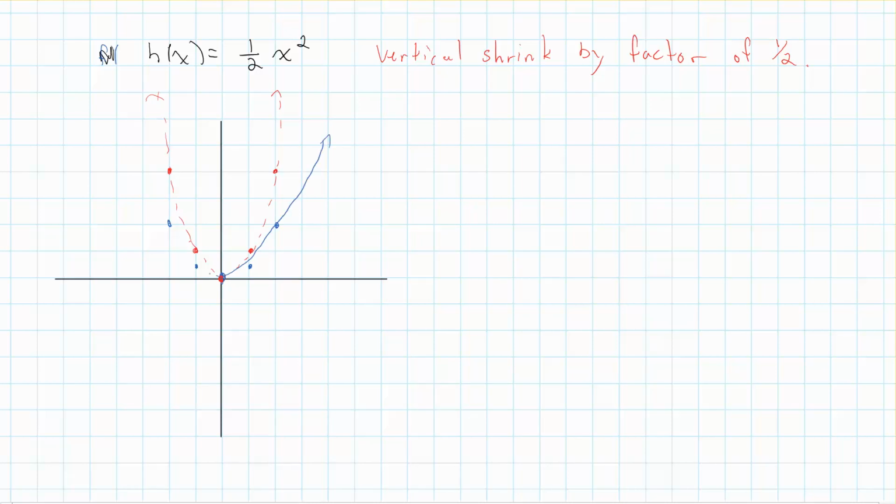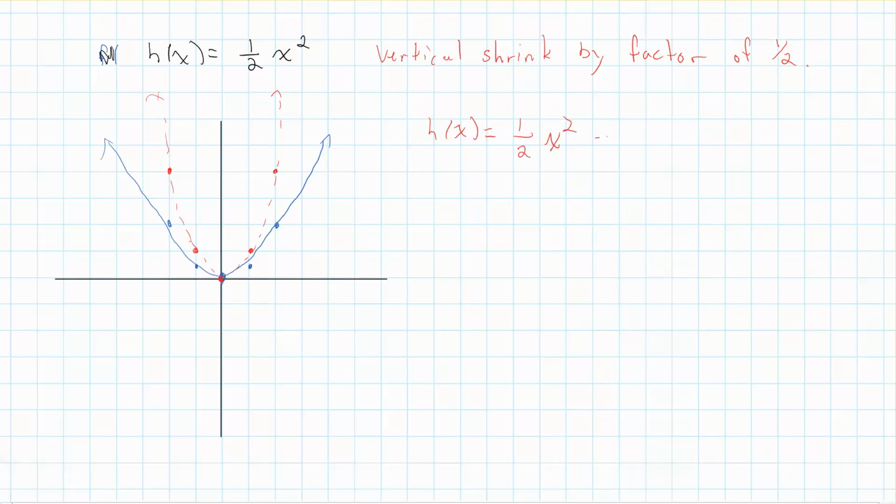So we still kind of get a parabola-esque shape here. Well, it's still a parabola, not parabola-esque. But we can see what's happened is we've kind of stretched it, flattened it out a little bit. Now, the way you could think of this, and it's not necessary to, but the way you could think of h at x as a horizontal shrink is 1/2